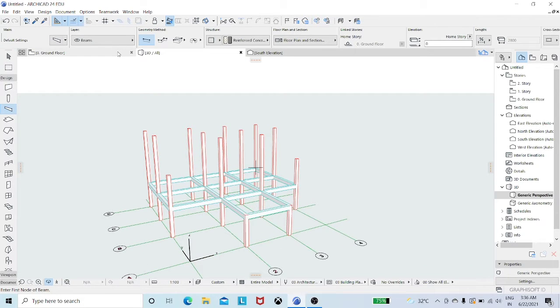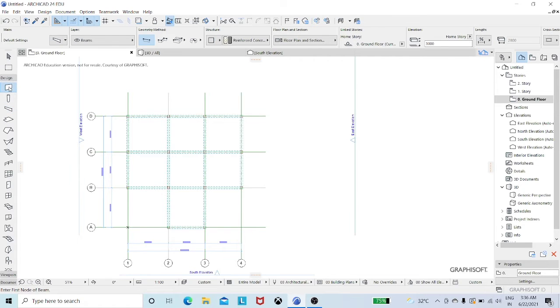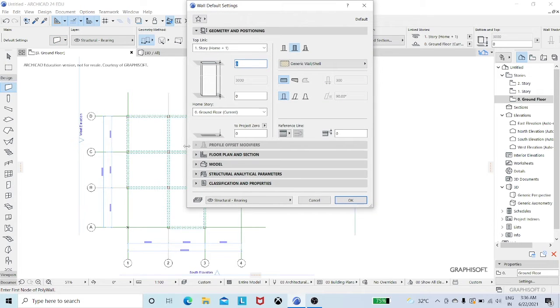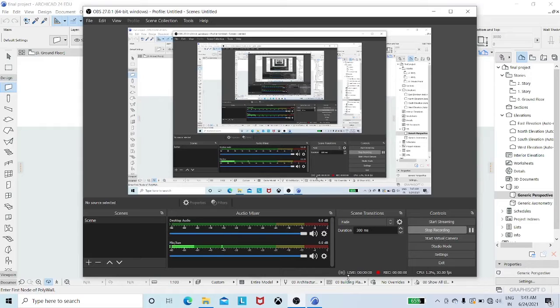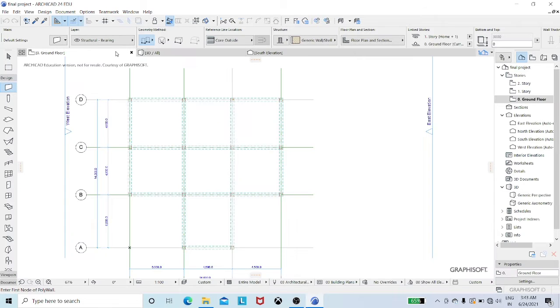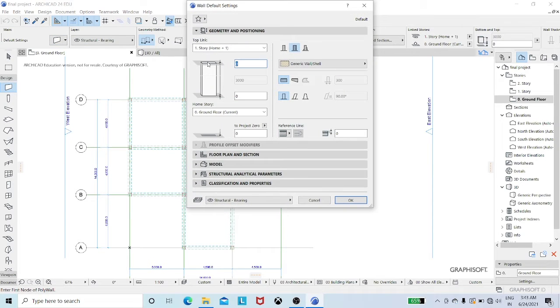Now we will create the walls for this system. Select the wall option and go to the wall setting option. After creating beams, now we have to create walls for our multi-story building. Switch to ground floor view, select the walls icon, and go to the setting dialog option, and select the home story as ground floor and top link as story 1